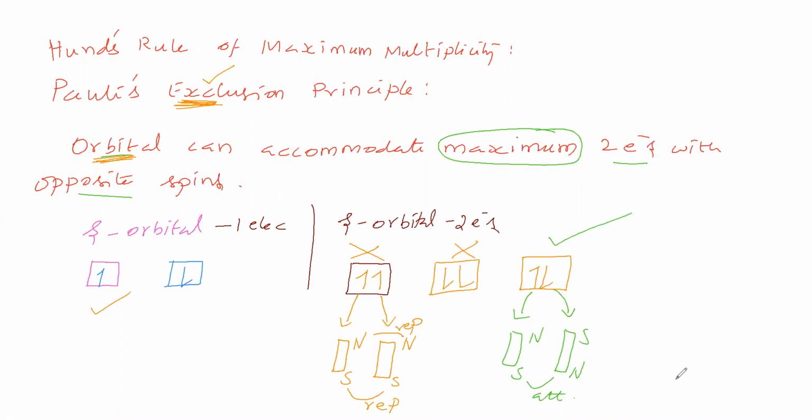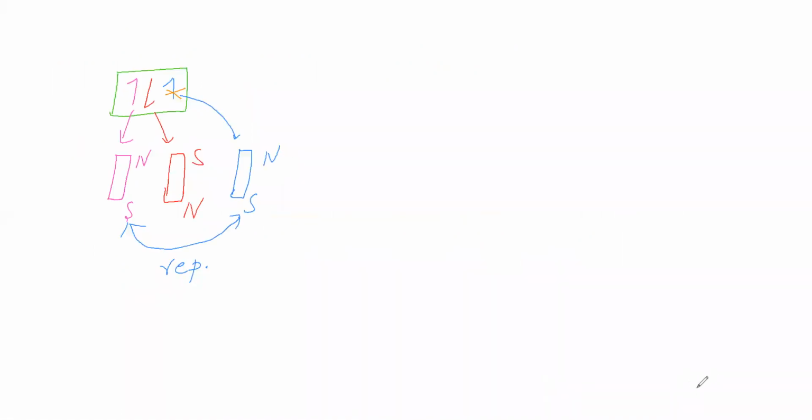So using this Pauli's principle and the Aufbau principle, let us write electronic configuration. Then we will see Hund's rule. Okay. Now we will take the hydrogen atom. Hydrogen atom has atomic number 1, so it has only 1 electron. Now this electron will go to the least energy orbital first. Least energy orbital means 1s. So this electron is going to the 1s orbital.